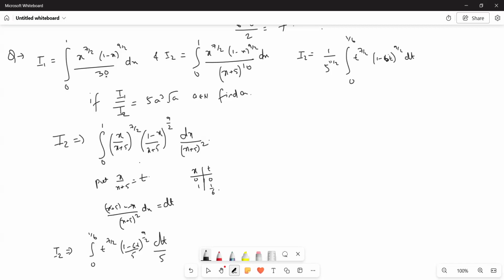But the value that we have to compare with I1, in I1 we need to bring 0 to 1 back. To bring 0 to 1 back, let's say we do this: put 6t as u, so that when we multiply 1 by 6, the limit gets set again. So 6t gives u, 6 dt is du, and in the limit, as t and u, sorry,